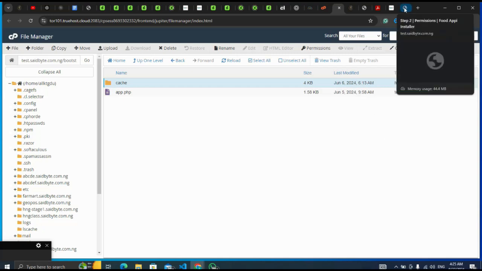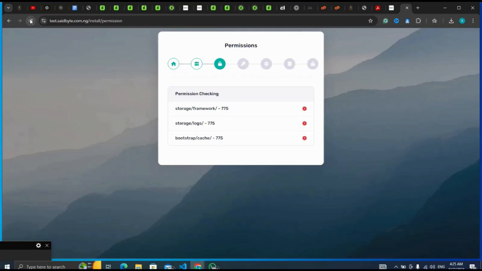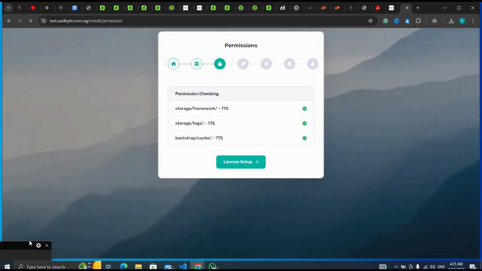Let me go back to my site again. This time around I'm going to refresh it. Everything is now set. So I click on license setup,